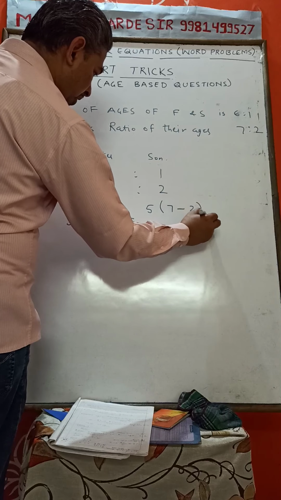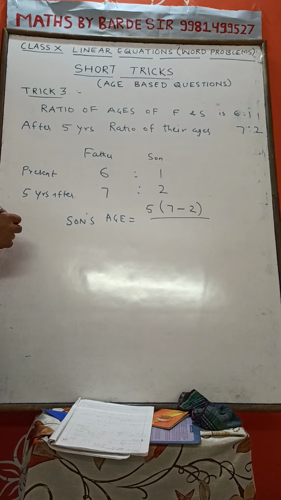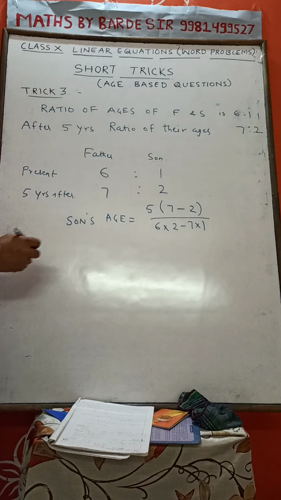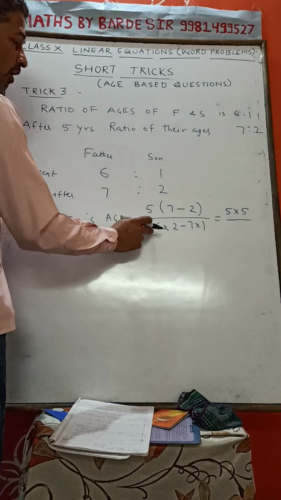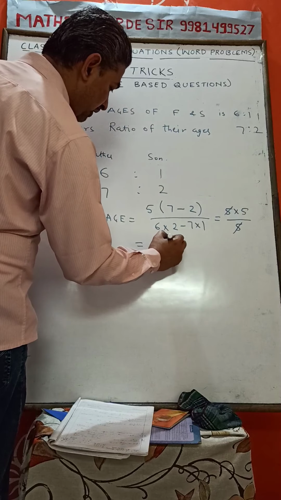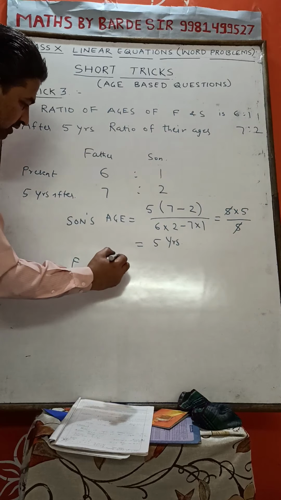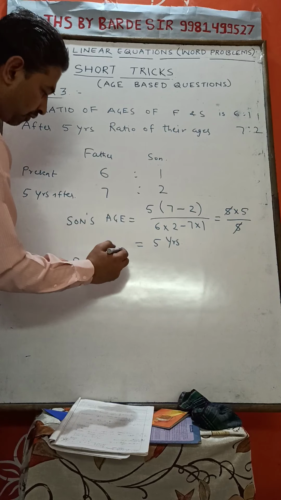Cross multiply and get the difference: 6 into 2 minus 7 into 1. This is 5 into 5 upon 12 minus 7, 5. 5 cancel. Son's age is 5 years, father's age is 6 times, or we can simply apply this logic again, 5 times